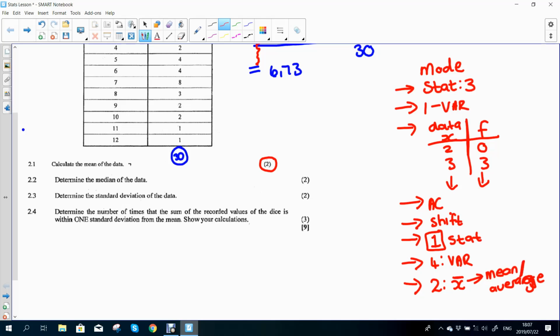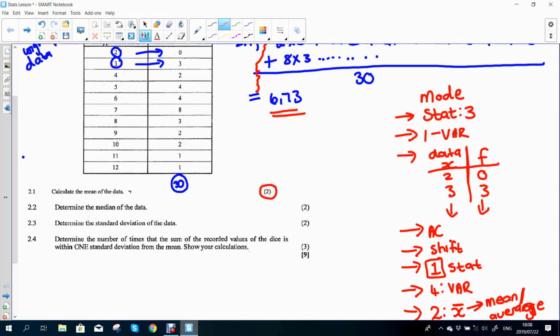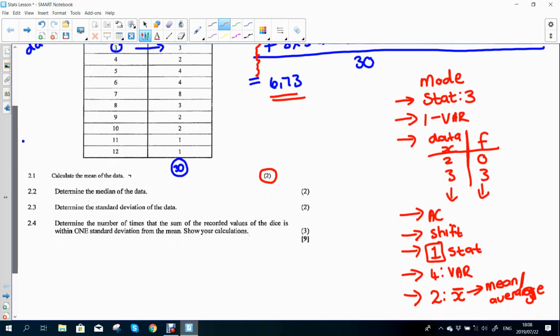It's the same thing. And then you press the equal sign and you will get exactly the same answer, 6,73. So those are the steps to take if you want to get to the mean of your data set. And this process, guys, whether you are working with ungrouped or grouped data, these steps will stay exactly the same. So I'm not going to take you through these steps again.